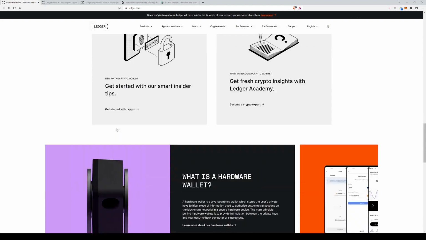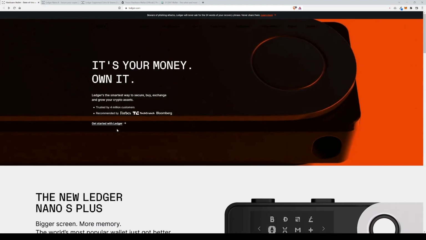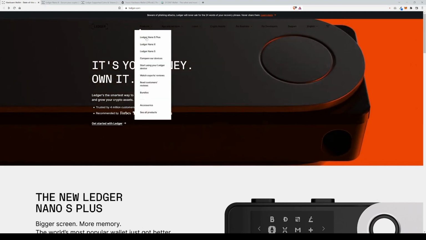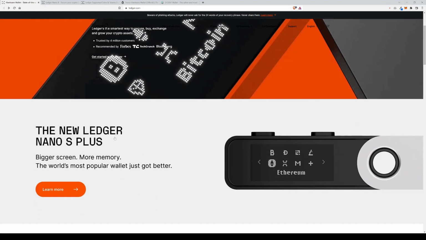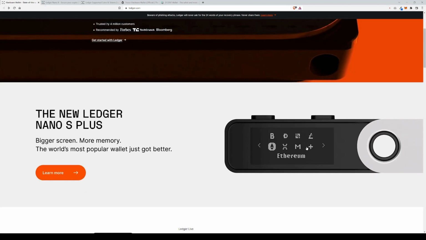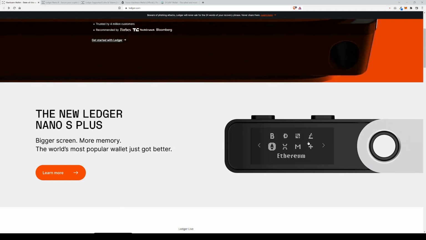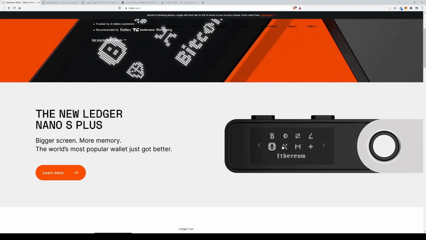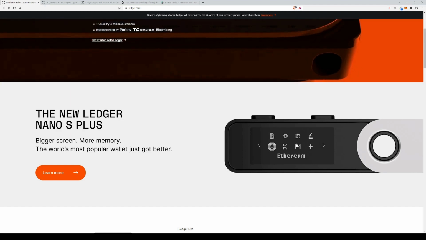Now, there's a few different versions of Ledger. There's a Ledger Nano S, there's a Ledger Nano X. Basically, they have all these various applications for all the different kinds of digital assets that there are, and on this thing, you actually store your own private keys. It never leaves the device, and that includes even when you connect it to the internet to use it.